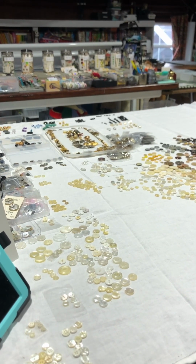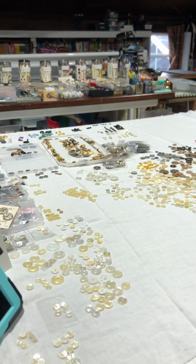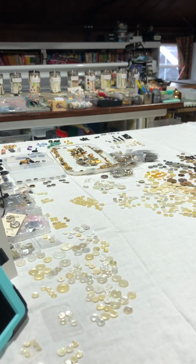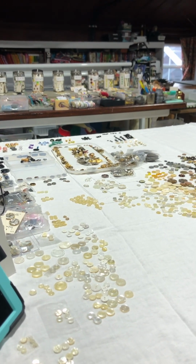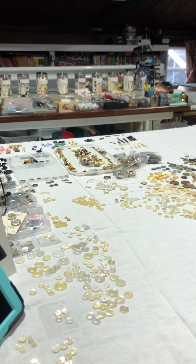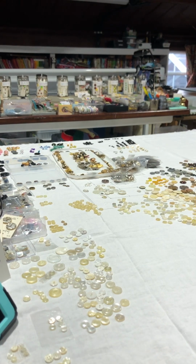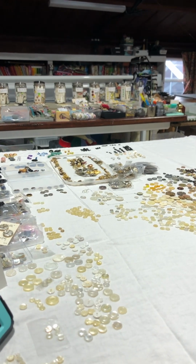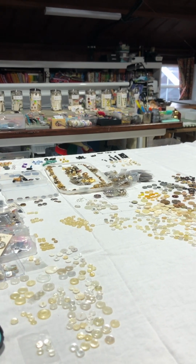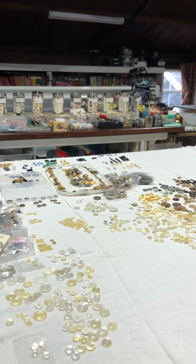Hello everyone. Today is January the 23rd, 2024, and I have been working now for about a week on sorting a lifetime's accumulation of mostly vintage buttons, but just buttons of all kinds. And I had them here, there, everywhere in little drawers that I had done organizational systems with in the past. Recently, I got big bundles, like a gallon Ziploc bag, quart Ziploc bags of bulk buttons from estate sales and